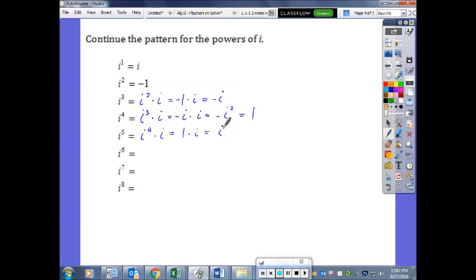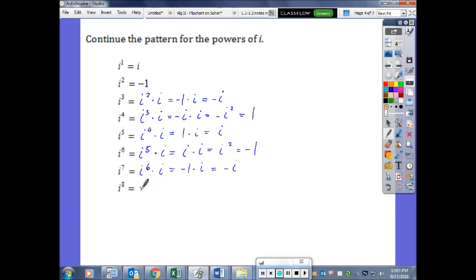Let's keep going on a little bit. i to the 6th power is i to the 5th times i, which is i, because i to the 5th is i, times i, which is i squared. And i squared is, of course, -1. You have already seen a pattern, I'm sure, but let's keep going. i to the 7th power is i to the 6th power times i, which is -1 times i,